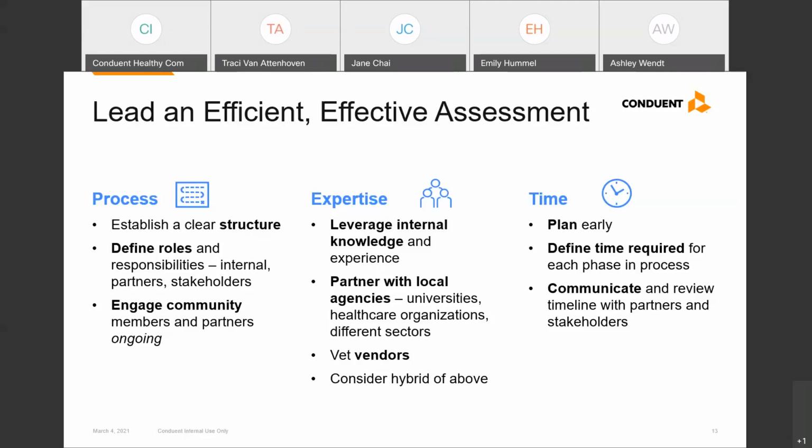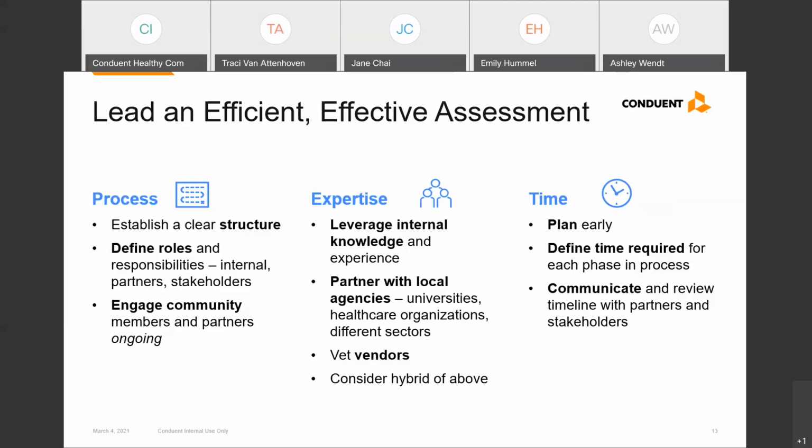And if you're going to think about partnering with that external vendor, I think it's good to keep some of these things in mind. Working with someone who has expertise working in the community, a similar type community that's similar to yours, whether that be rural or urban. Looking at the previous assessments that they've conducted, are their reports written in a way that the information is easy to understand? Are their methodologies clearly stated? Is that data actionable and even relevant for your community and for your organization? And if you're a part of a collaborative effort, really making sure that the vendor is experienced partnering on a collaborative assessment, because that adds extra layers of complexity to a process.